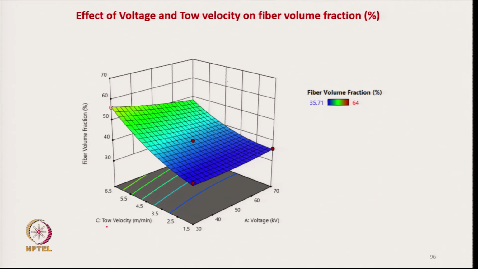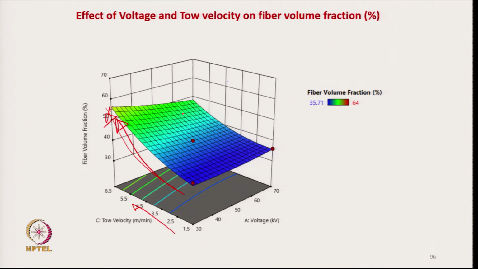So, if we see here the toe velocity, with the increase in toe velocity the fiber volume fraction increases. Earlier we have seen that with the increase in toe velocity the resin fraction reduces, it is the same. With the increase in toe velocity the fiber volume fraction increases, that means there is a reduction in resin content. Okay. But the advantage of this response surface is that within this experimental zone we can get the rate, the trend